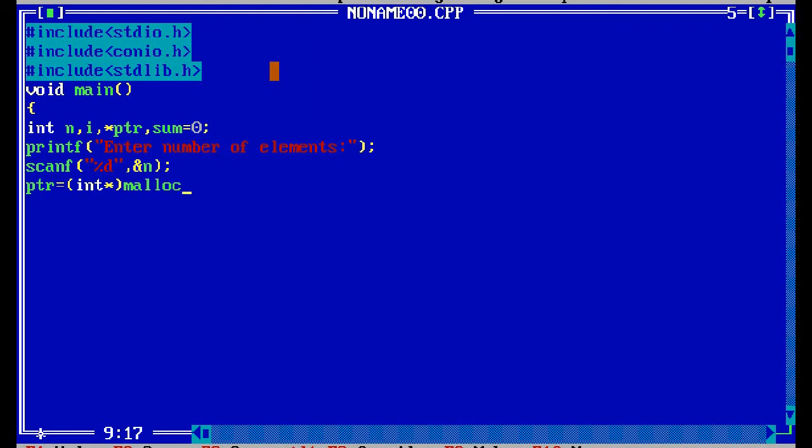malloc of n into sizeof. sizeof is one operator we have. sizeof int, that is a ready-made inbuilt operator we have, and int close. So this is the syntax.